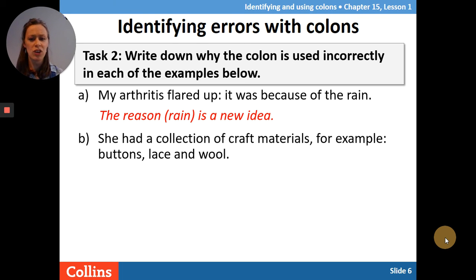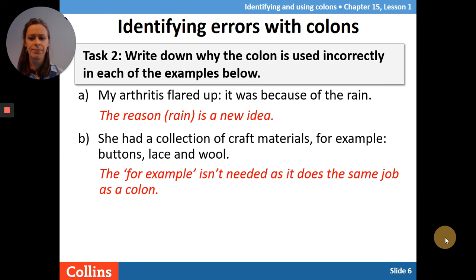She had a collection of craft materials: for example, buttons, lace, and wool. What's wrong here? Well, let's look at where the colon is and what it says in that first part of the sentence. Would that make sense on its own? There we go. The "for example" isn't needed as it does the same job as the colon. So if you took it out, it would still make